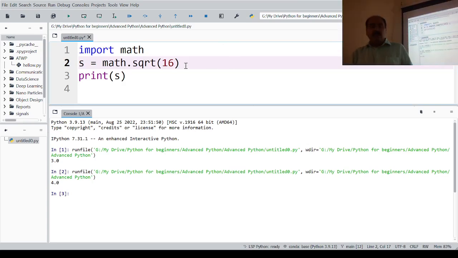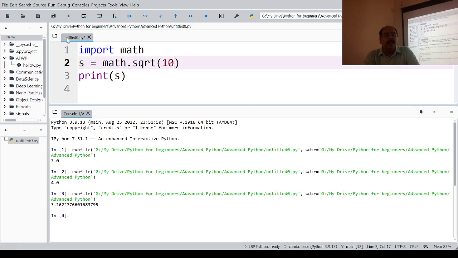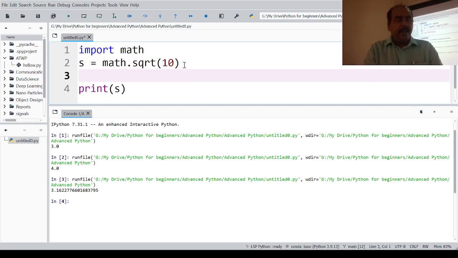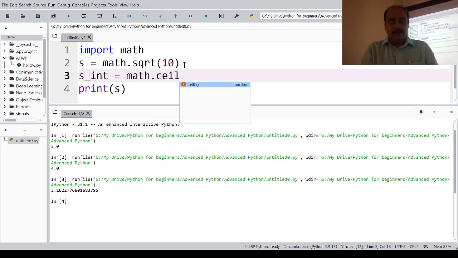Now say for example, I am finding out the square root of 10. I'll get a number 3.16227 and so on, right? I wanted this number to be in such a way that I get the integer value of it instead of decimal values. So what I will do is, S int, for example, some variable is equal to math dot ceil of S,